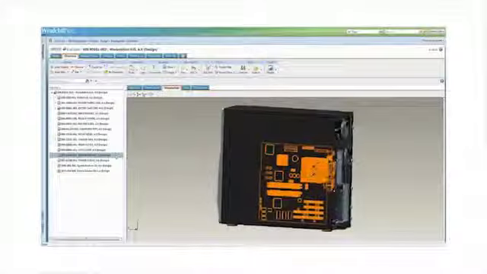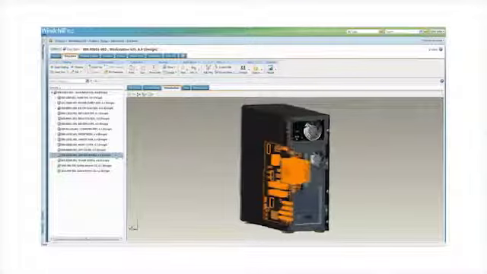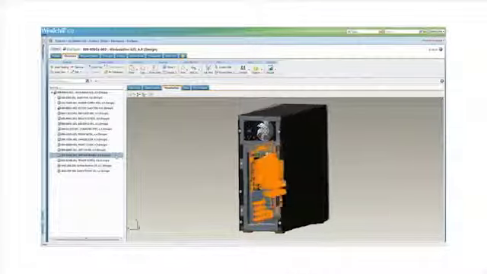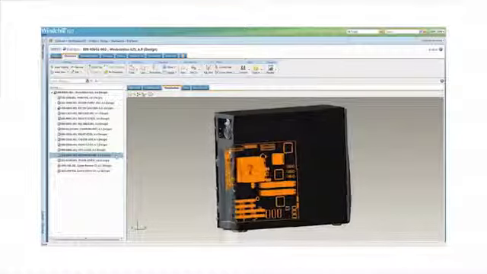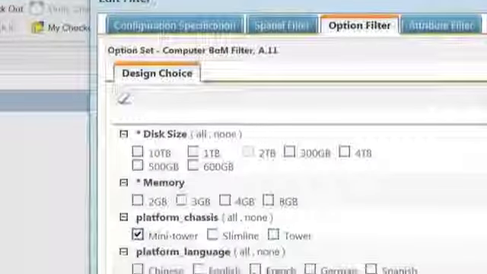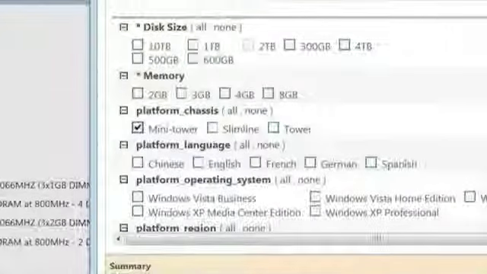Windchill 10 meets this growing challenge by improving your ability to align critical design deliverables of the virtual world and the physical world, the CAD models and the part structure, and secondly, provide more powerful ways to control the options for your product families. These enhancements help ensure a consistent approach across the enterprise, from EBOM to MBOM and ServiceBOM, to plan, analyze, and produce key product configurations. Let me tell you how we do this.